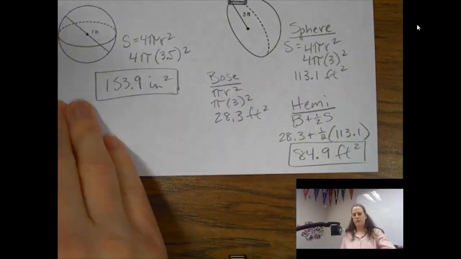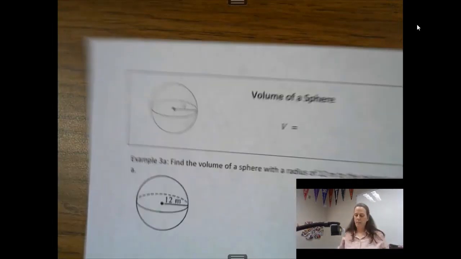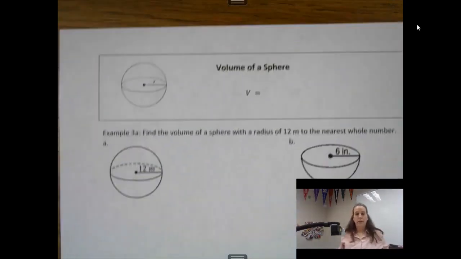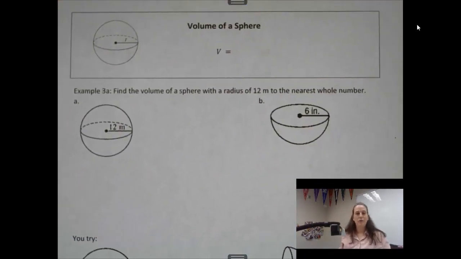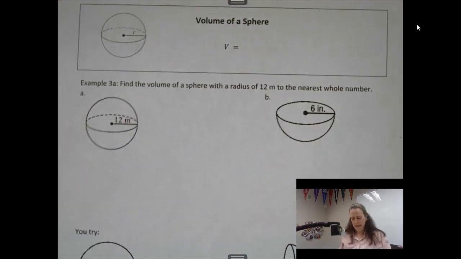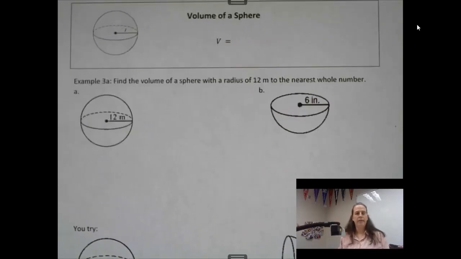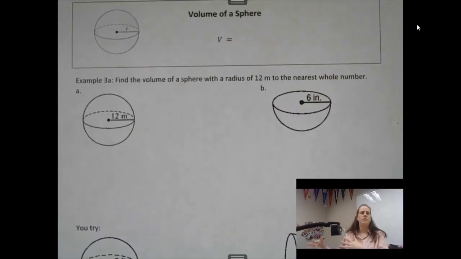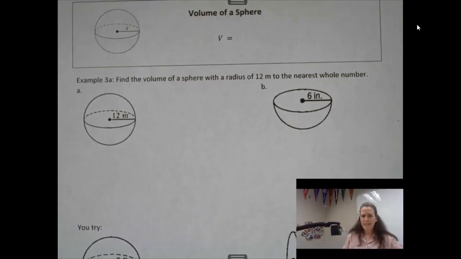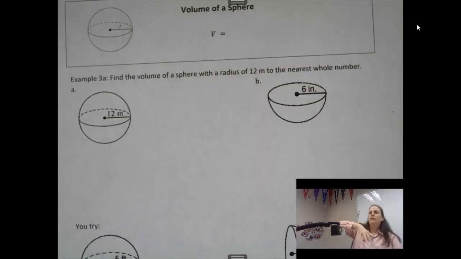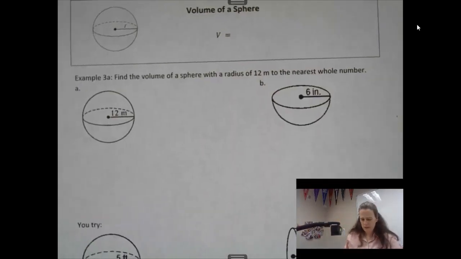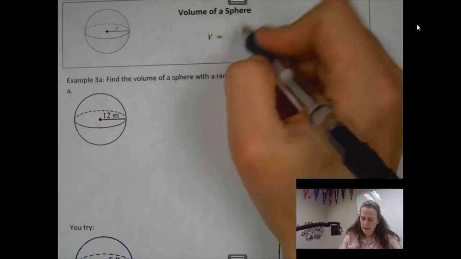All right, let's turn this over and take a peek at the back. So here we go. We've done surface area. Now we're going to do volume also for a sphere. And then you will have covered surface area and volume for all the same shapes through these last few units. Okay, interesting what the formula is for the volume of a sphere. Think about what we did for the surface area. Some of these numbers are going to look the same. It is